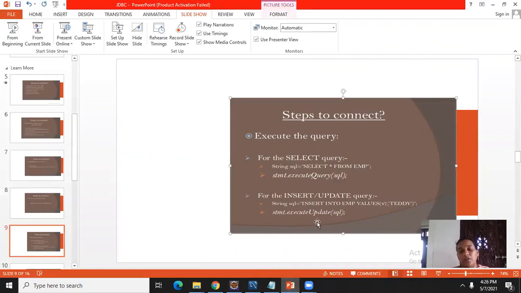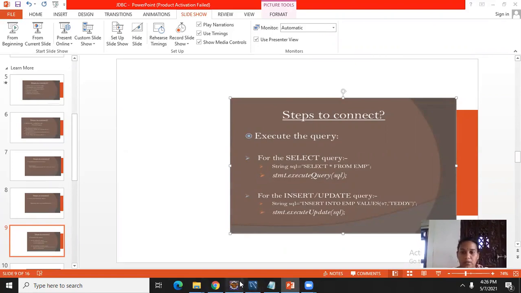The second one is, if I want to insert some data or update already existing data, I need to use execute update. See how we will use this. First we will prepare the data.